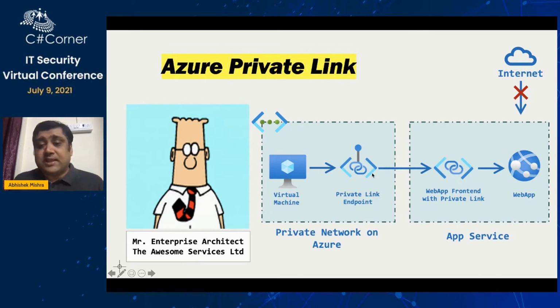And what is the reason for that? We are provisioning a private link here and an endpoint. This endpoint helps us connect with the private link, establishing a highly secured connection, and finally connecting with the web app. So what is the trick here? I'll also show you what is happening under the hood when we enable the private link.